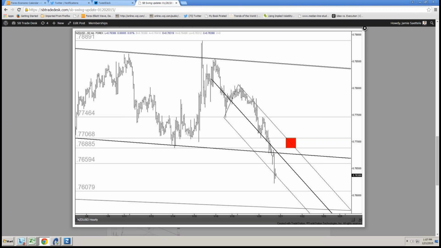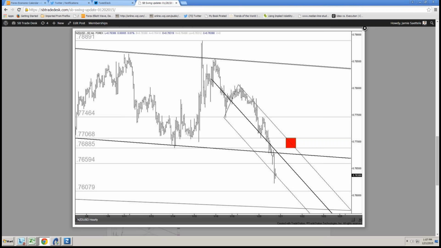Yes, it happened so fast, to be quite honest. We got the spike in there, and within 2 minutes, Kiwi had fallen like 50 pips. So it was one of those things where you had to jump on it really quickly in order to get the proper reward to risk on the trade. Let's get into that Kiwi, though.